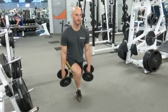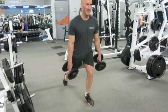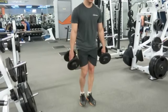placed. If you want to squeeze your glutes like crazy, you can really work your glutes. If you want to use your hamstrings to drive you up, you can use your hammies more, or you can get more assistance out of the quadriceps. So it's a great opportunity to really enhance that mind-muscle connection and feel where you're experiencing the contractions and the